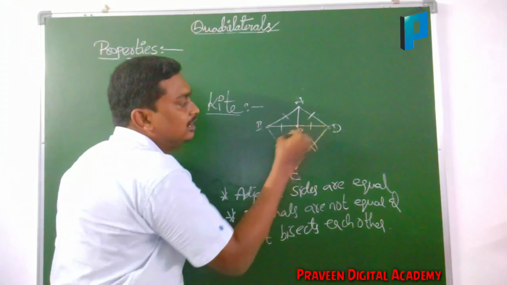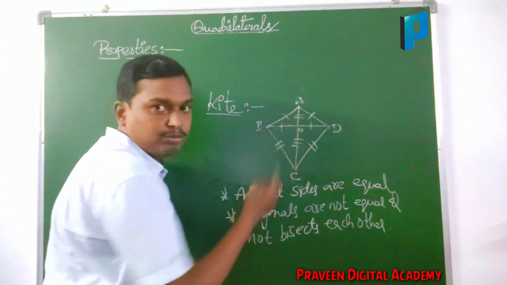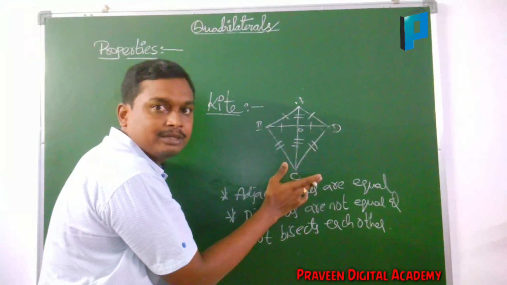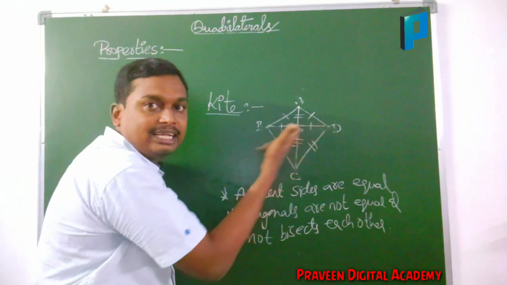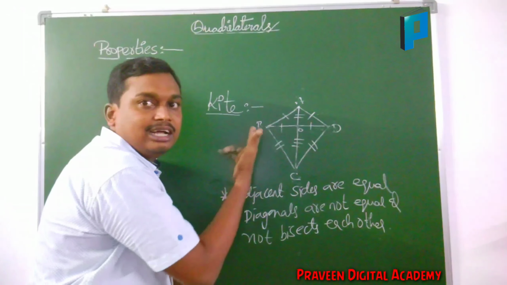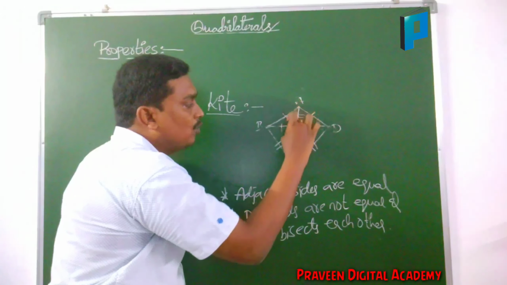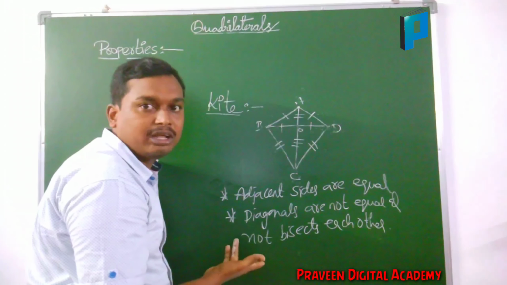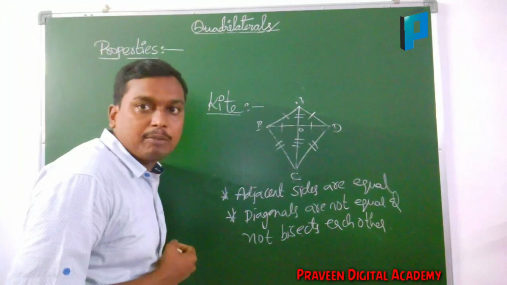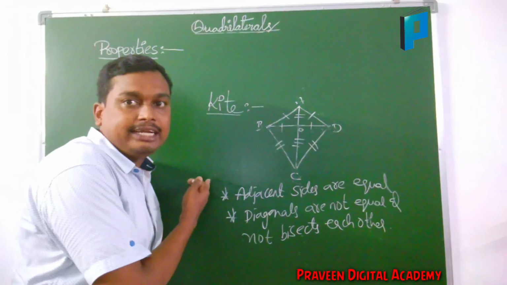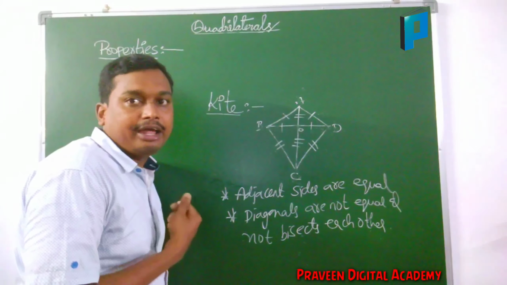Look at here. These both may be equal, but this one is big, this one is small. BD diagonal is dividing into two equal parts, but this AC diagonal is not divided. One diagonal is bisected, one diagonal is not in the kite. Here BO and OD both are equal, but AO and OC are not equal. One is equal, one is not equal. So I said diagonals do not bisect each other. These are the properties of kite, trapezium, rhombus, square, parallelogram and rectangle.